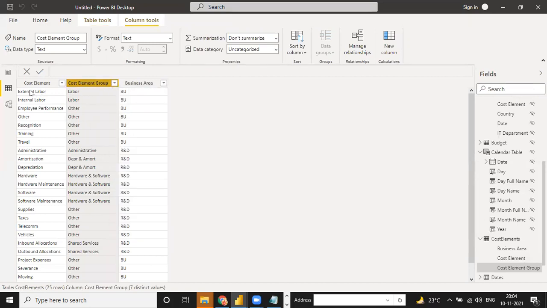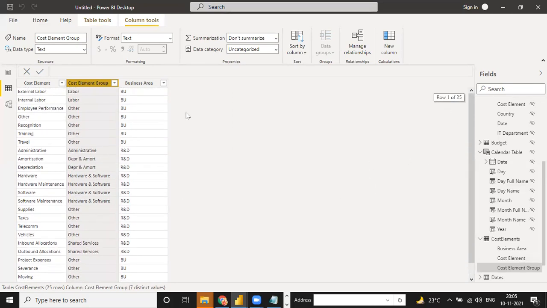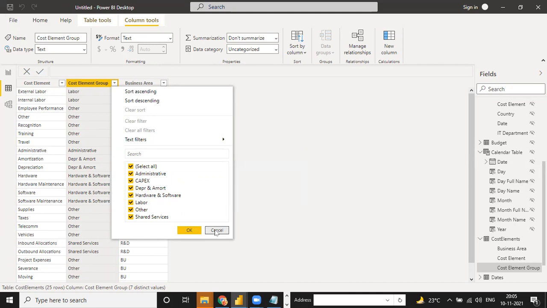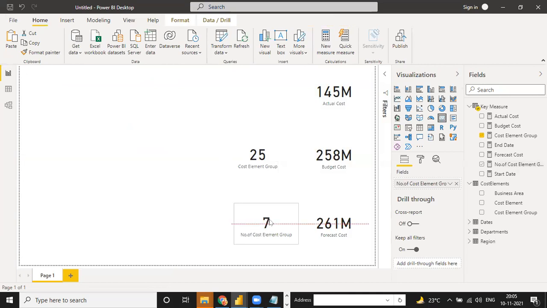But count rows counts all the rows from this table. So total rows we have 25, but distinct rows we have like labor 1, other 1, administration 1, department 1, hardware 1, other 1, shared 1. Total we have 7. So this is count via distinct count, and this is count via count rows.